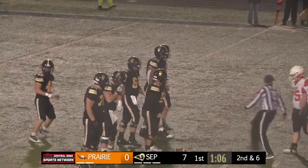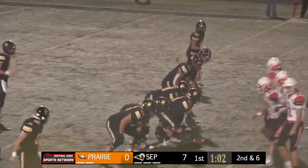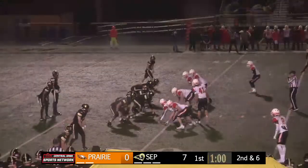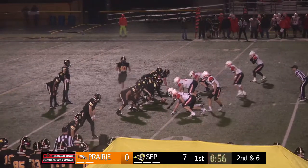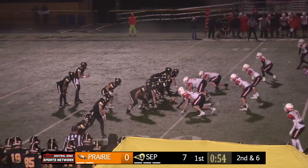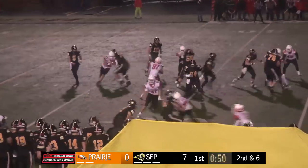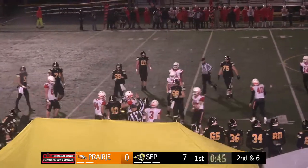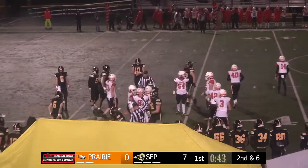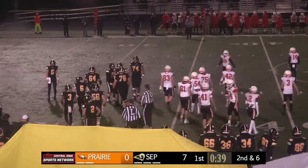And that's the thing. You have to get them on first contact, especially in this type of weather. This is going to come down to the big linebacker play by Prairie. Picks up 4. They got their 2 linebackers looking to blitz here. They send that slot in motion again. Lines up there. Quick out. Caught. And slides up ahead is Carson Robbins. And he'll be just shy of the first down. Bring up a 3rd and 1